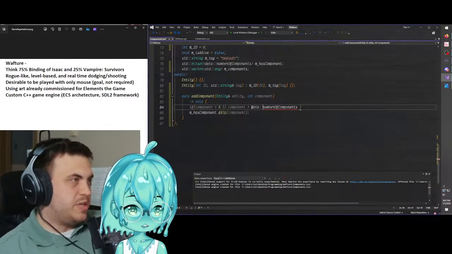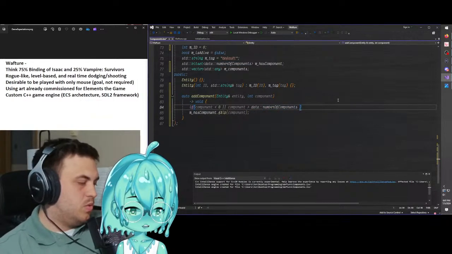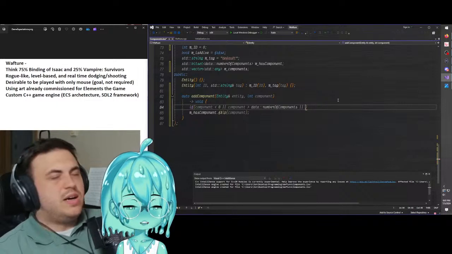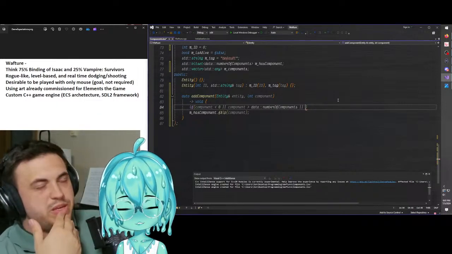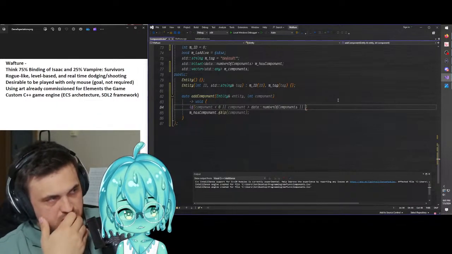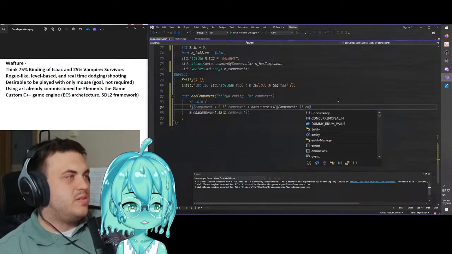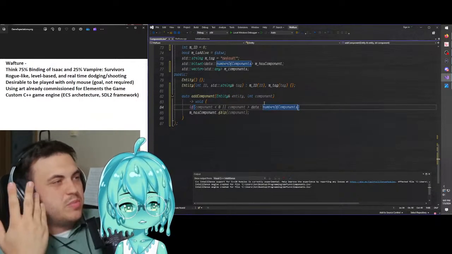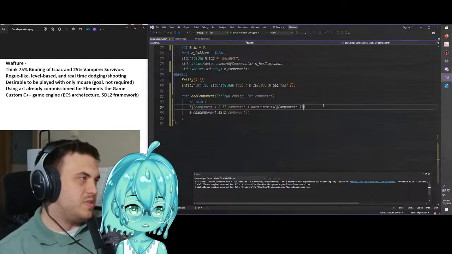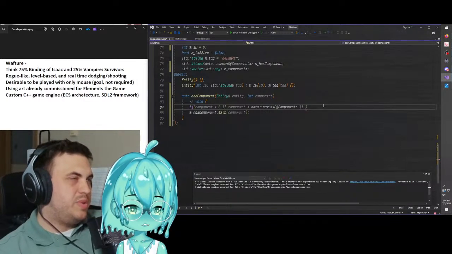Oh, data namespace. Or what other error report would there be? Entity. Oh, well, we would have to check if the component is already there. I guess we would reference that bit set, huh? Or